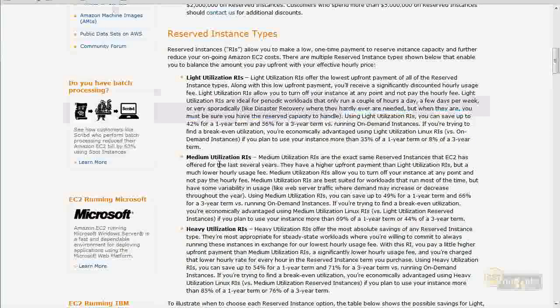Now, medium, they're saying, okay, this is the exact same reserved instance that they've offered over the last few years. By the way, light, medium, and heavy is also a new thing. This didn't used to be there. So this is kind of a new tier of pricing that they're giving. So they're saying for a medium, this is for workloads that run most of the time, but have some variability in usage, like web server traffic. Maybe it comes up, comes down through the years. Heavy utilization is where you're using them all the time. Like you're pretty much planning that this server is